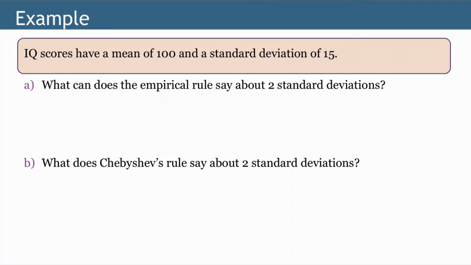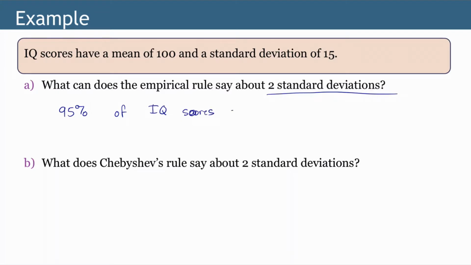So let's see that in action here with this example. So let's say you have IQ scores. IQ scores have a mean of 100, a standard deviation of 15. So what's the empirical rule say about 2 standard deviations? Well, 2 standard deviations would be 30, because 1 standard deviation is 15. So subtract 2 standard deviations from the mean, add 2 standard deviations to the mean. That's 70 to 130. And the empirical rule says 95% of IQ scores then,